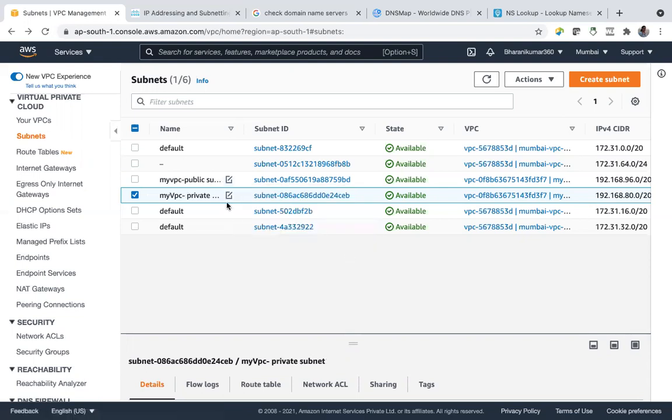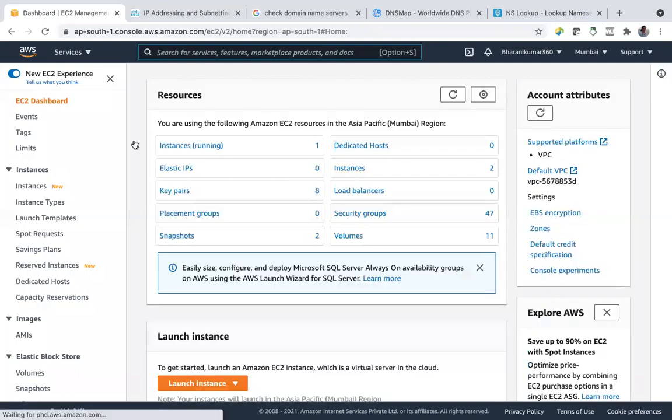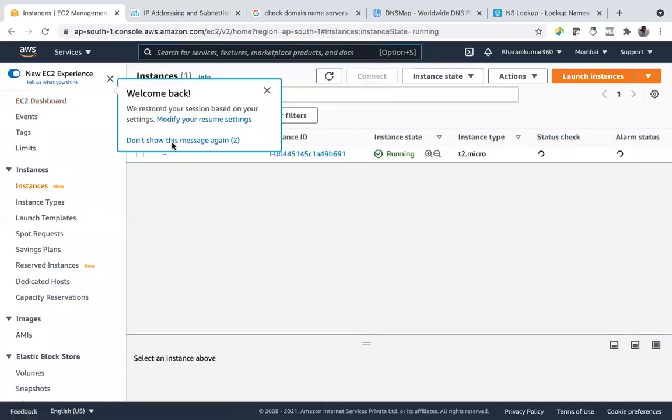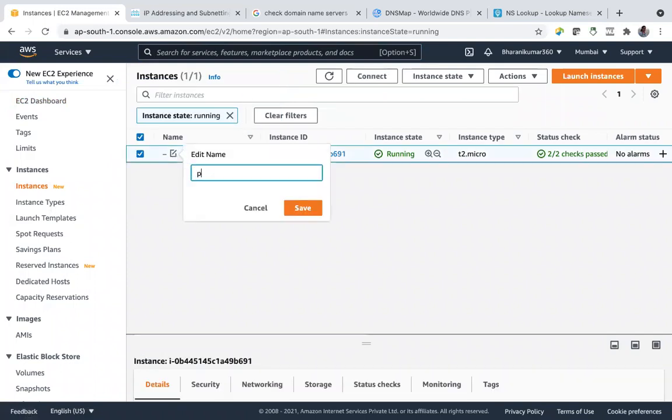Let us also launch one more EC2 in the private subnet. And I'll call it the public server, or public EC2 instance.